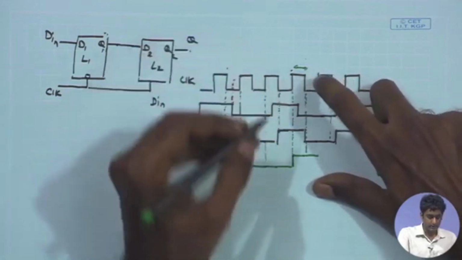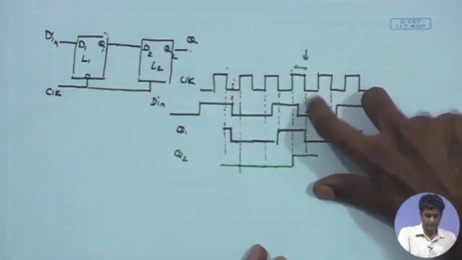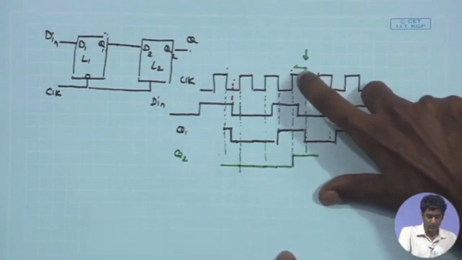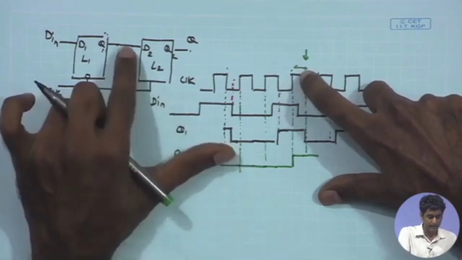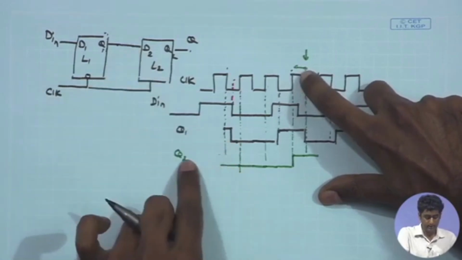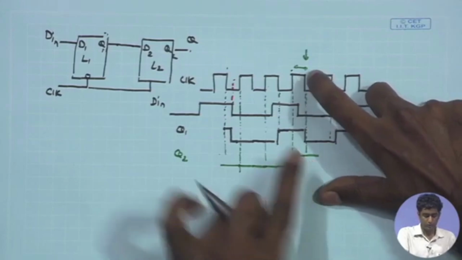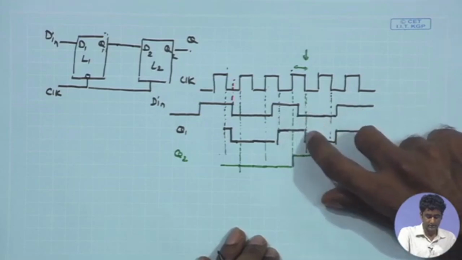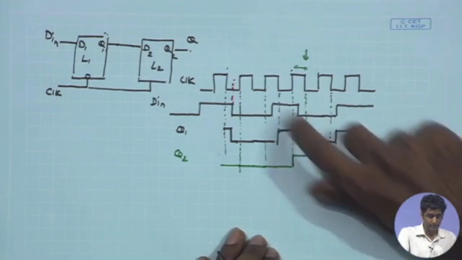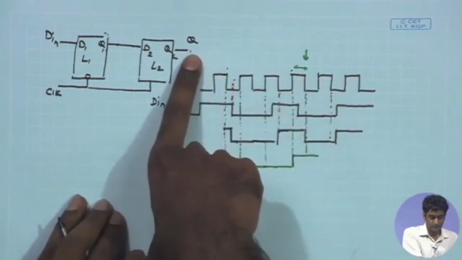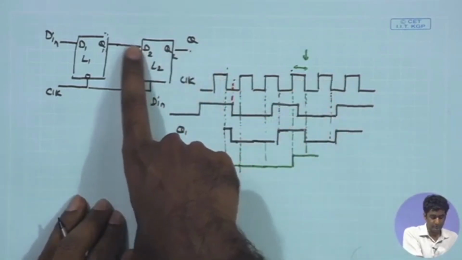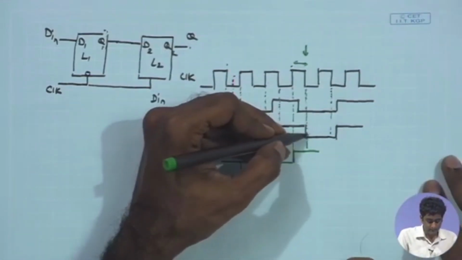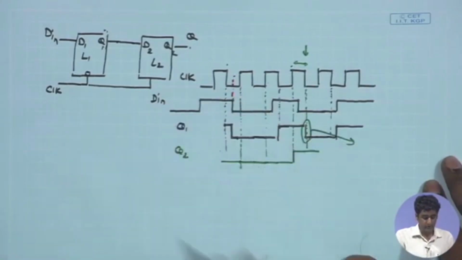So, here we are seeing that at this particular time instance, the clock phase has gone low. Immediately before that, whatever data was available at the input of L2 will be retained at the output Q2. So, although just after this clock edge Q1 has changed its level, Q2 will be retaining the input which was available just before the falling edge of the clock. Because if I magnify this instance for Q1,